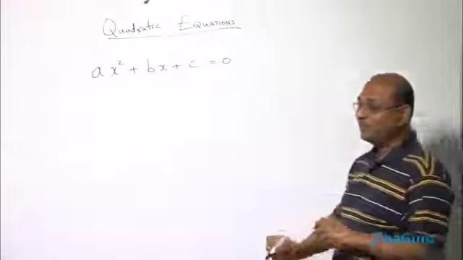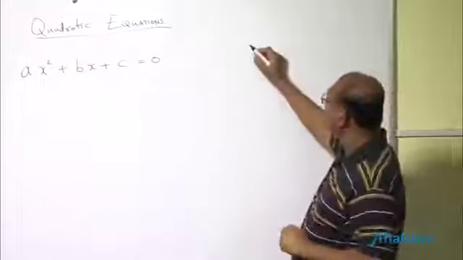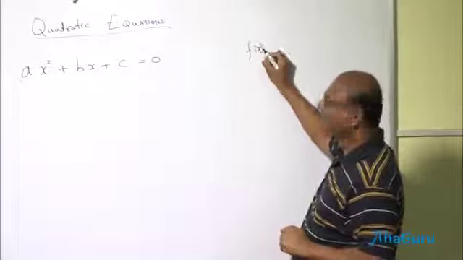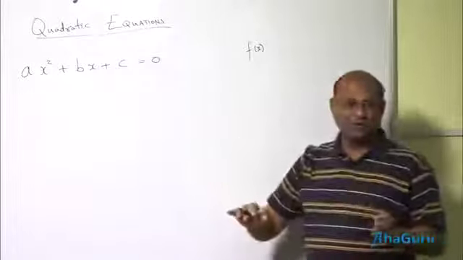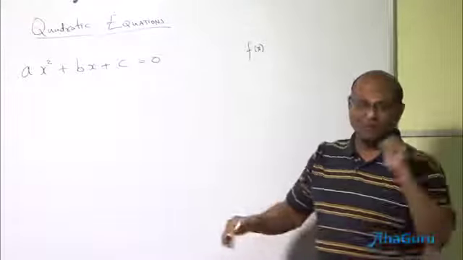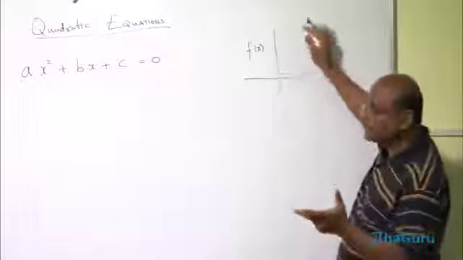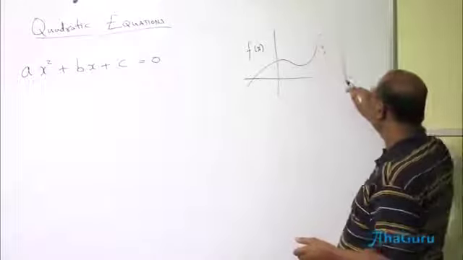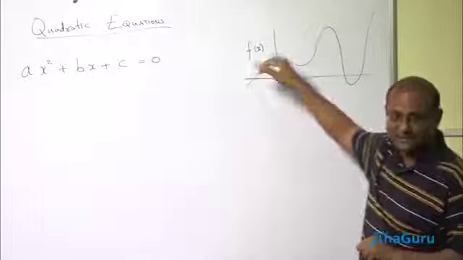So the basic point is, you have two processes. With algebra, you have two processes. One is, suppose I call this f of x, a function of x. And we can think of any polynomial function right now. We can later think of things which are not even polynomial functions. Every f of x, if you try to draw, it probably looks like that. Not a quadratic. Some random function may look like this.